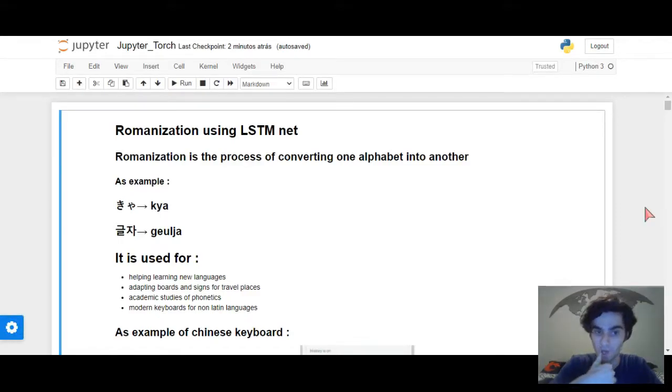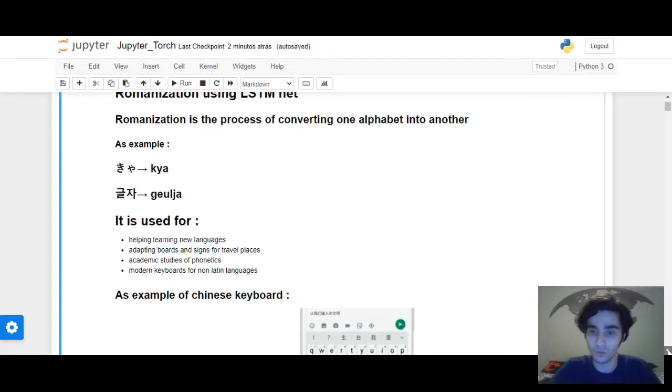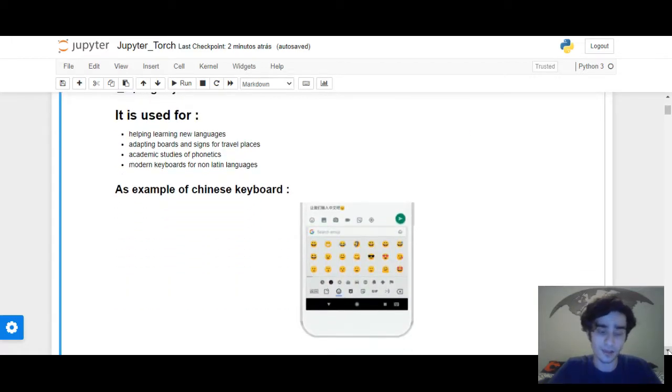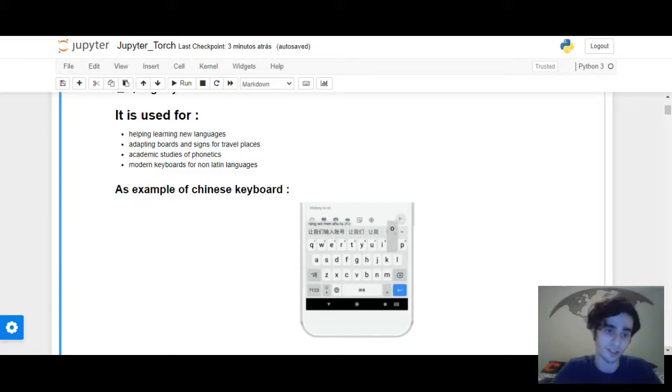Okay, so I'm going to explain how my LSTM made for the romanization of Korean works. First of all, romanization is the process of converting a non-Latin script to the Latin script, usually by converting the sounds. Basically, if we could put it into just a few words. But there are lots of applications: learning new languages, adapting boards and signs for travel places, academic studies, and